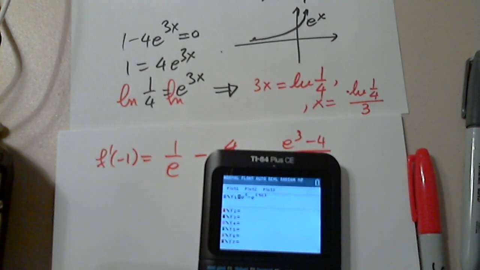You know what? I think I know what it is. I'm the queen of parentheses, and I did not put the parentheses. And I think the calculator